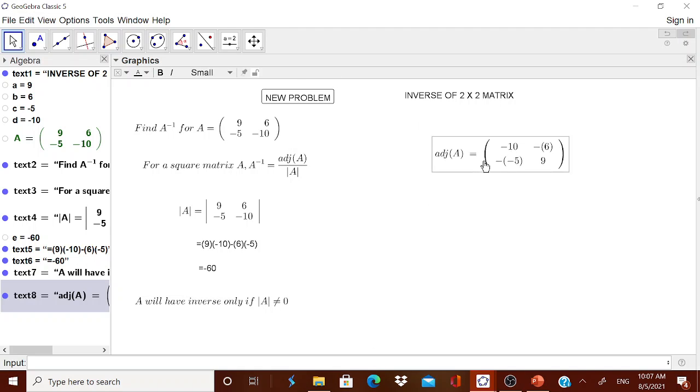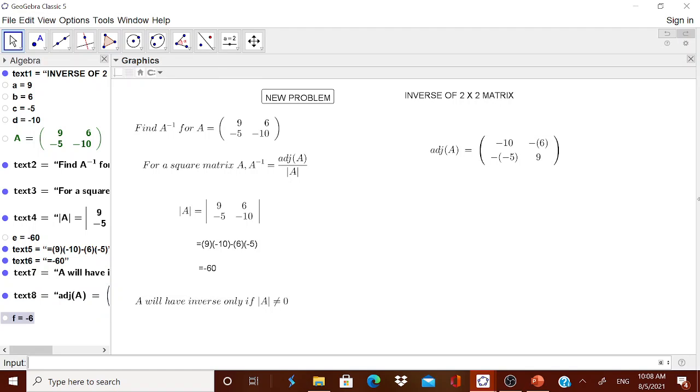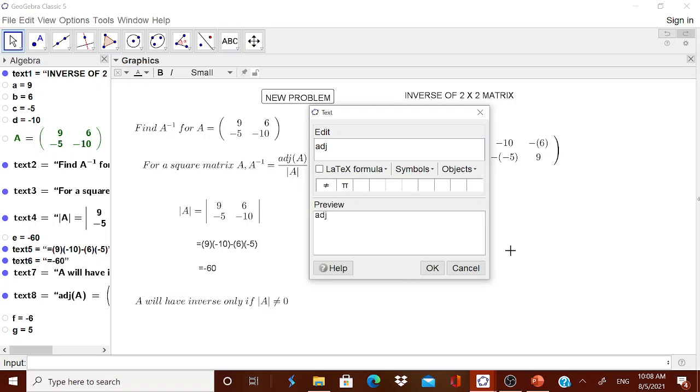Now remember, sometimes what really happens is the child will have a little bit of confusion because you are telling them it is minus B, then minus E, minus of minus. You can show it, and then in the next step you can show them actually what it is. Therefore, you can write here minus B, automatically the sign will change. Then you can go for minus C, automatically the sign will change. Therefore, F and G. Again, you can go for one more ABC text. You can go for adjoint A. This is only to have clarity. Therefore, if you want to avoid it, you can avoid it.